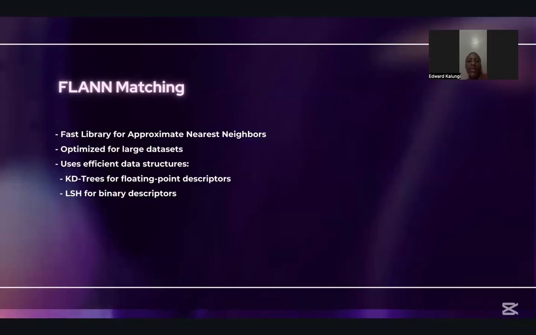FLANN is used for fast feature matching instead of comparing each descriptor from one image to every other descriptor in another, as brute force matching does. FLANN uses effective data structures like KD-trees for floating point descriptors and locality-sensitive hashing for binary descriptors like ORB. And then I'll finally talk about the